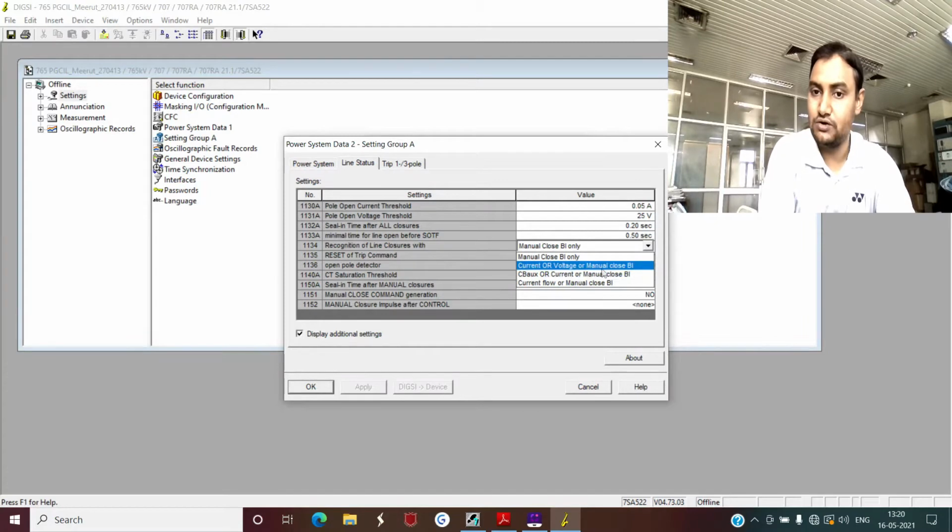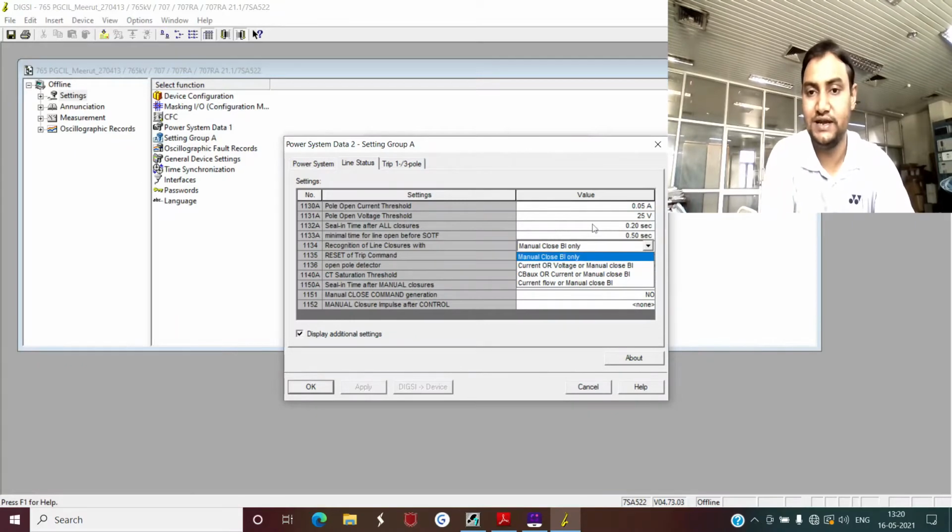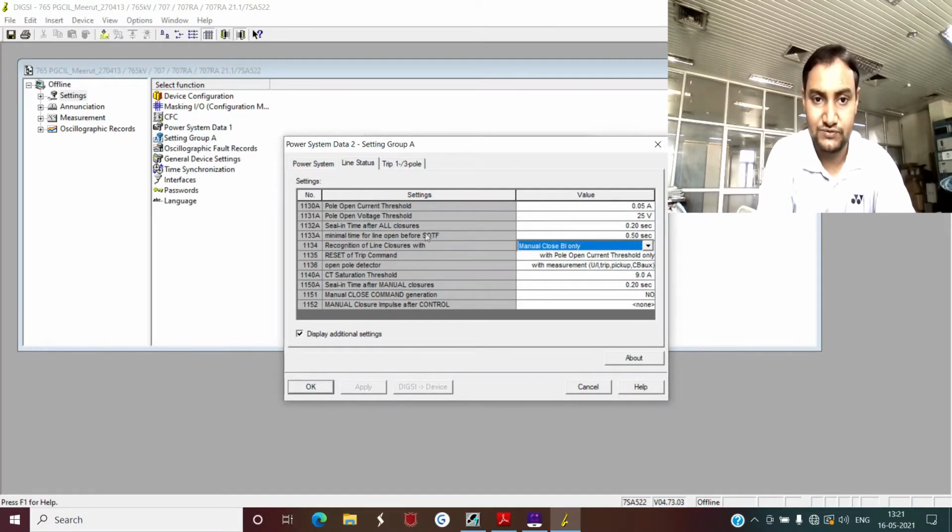The next thing is current or voltage or manual close BI, and kindly note here all these are logically ORed. Which means once your current value has reached less than 0.05, or in terms of primary, once the current magnitude has reduced from 150 to suppose 145 ampere, your relay will detect it as a line open condition as per this setting.